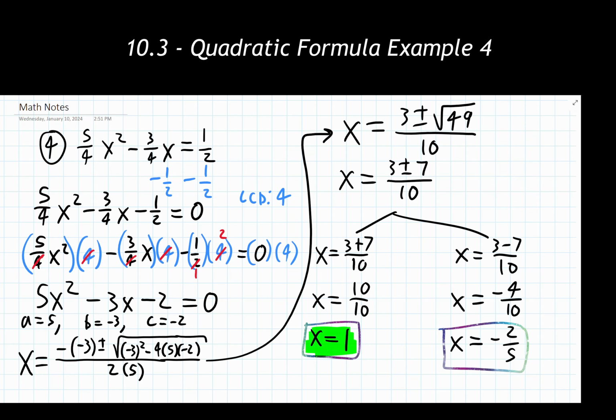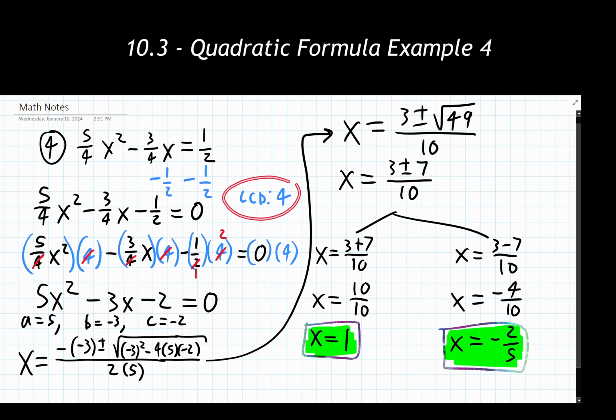So remember, just because you see fractions showing up in the original problem does not mean that you have to keep them the entire way through the problem. You can still eliminate them. Just remember, we're determining the lowest common denominator between all denominators in the problem and multiplying by that thing to get rid of all those fractions. After that, you got nice easy numbers to work with from there.